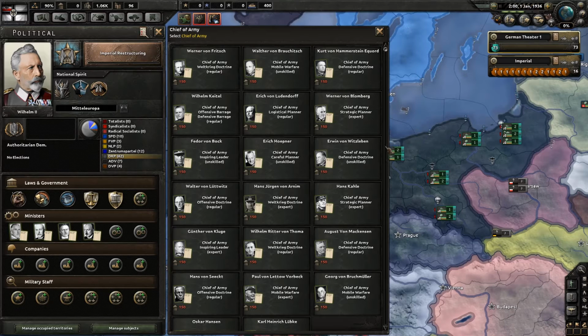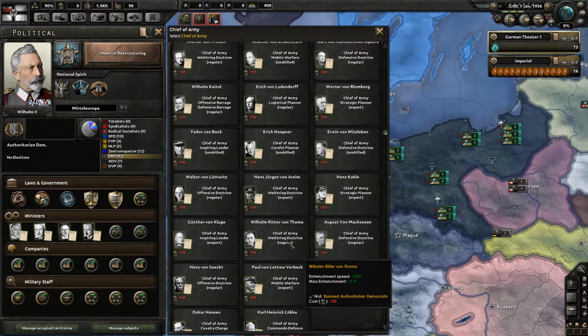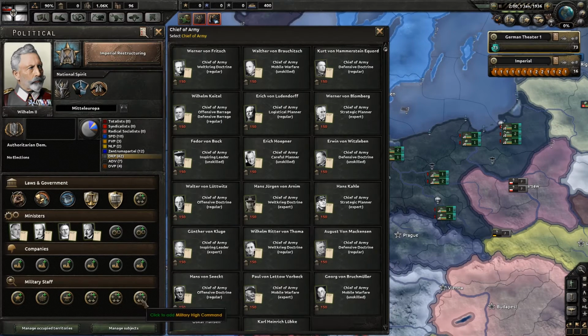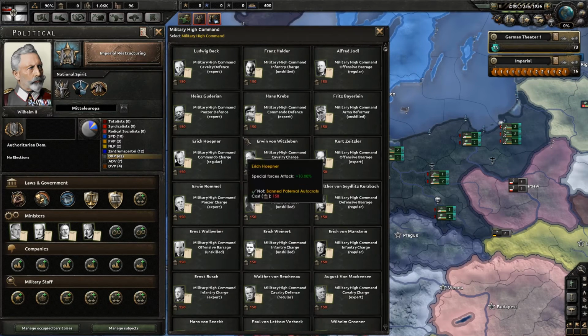If we look for other Weltkrieg Doctrine guys, I don't know if it's going to be everything. There's one. Oh, he's a regular, so is he. So we could actually have 2 Weltkrieg Doctrine people. No, because he's the chief of army. You can only have one of those, and then you have the 3 military high commands, which...